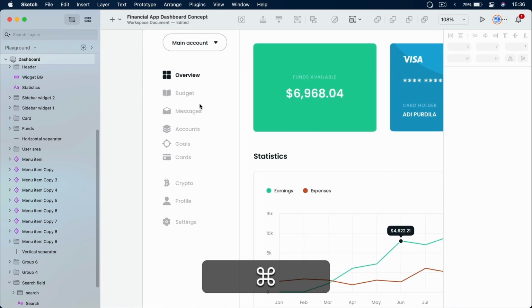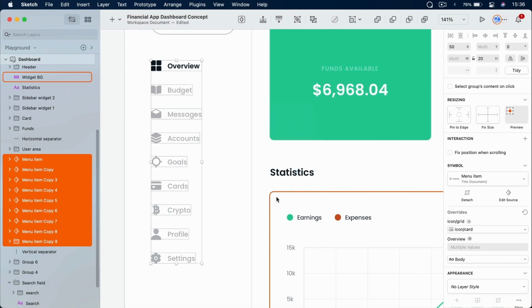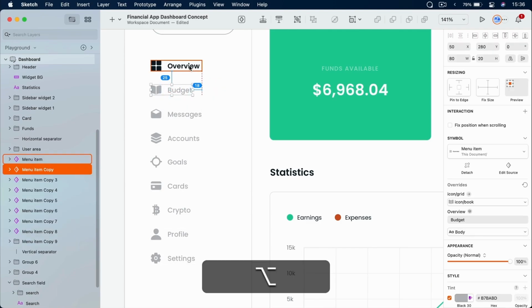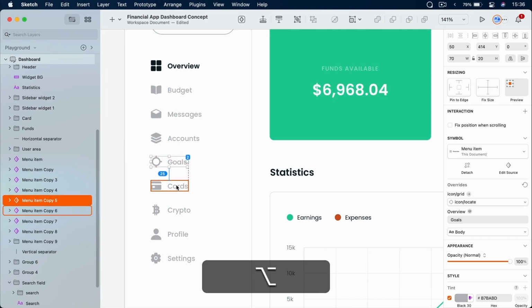Notice on my menu here that we have a small discrepancy in the spacing. And if I want to create equal spacing, I can use distribute layers vertically. We're just going to click distribute unevenly. And now this creates roughly the same distance between these items, right? So if we check, we have 25 there, 25, 25, 24,